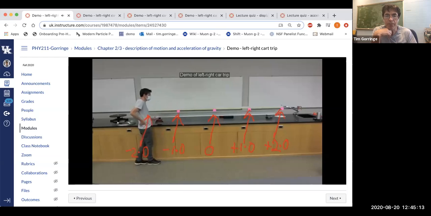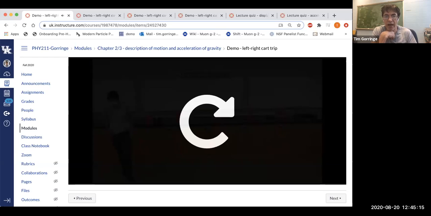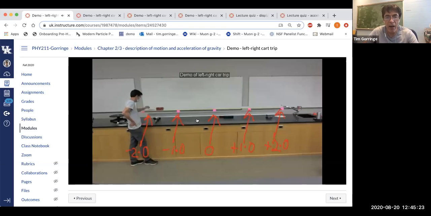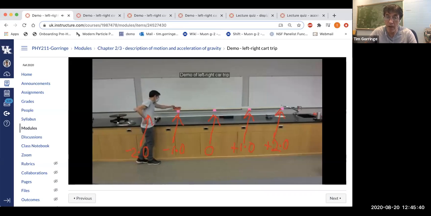So that's a motion that lasted about, I don't know, a little under 20 seconds. And I'll play it again here. I started out over on the far left at -2 meters from the origin, and the car eventually got to +1 meters from the origin and then rolled backwards. And then I finally stopped it at -1 meters from the origin.